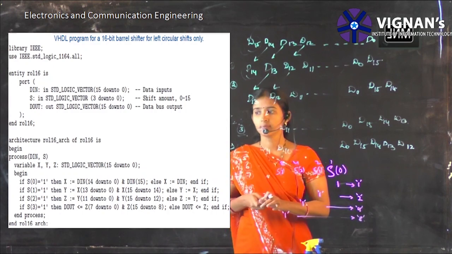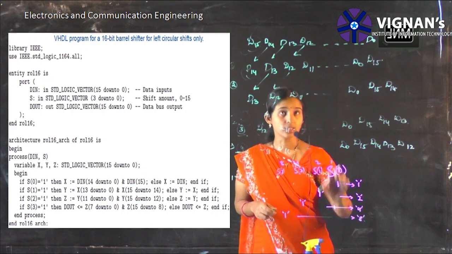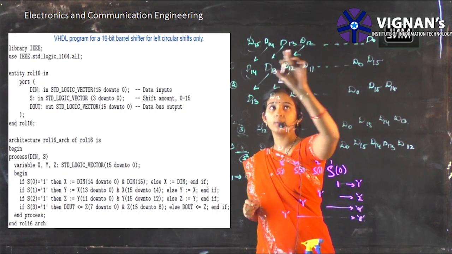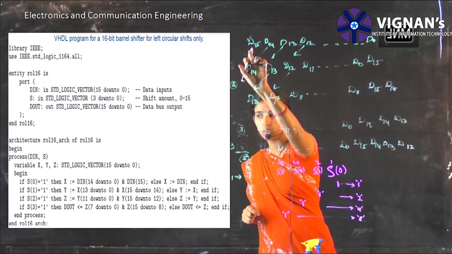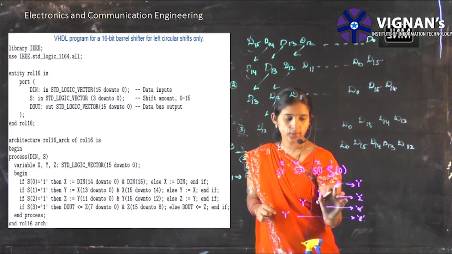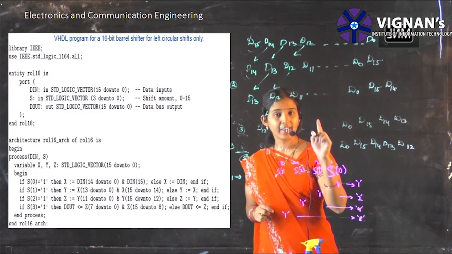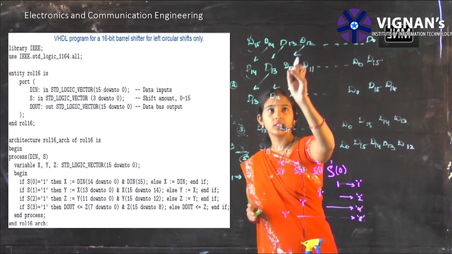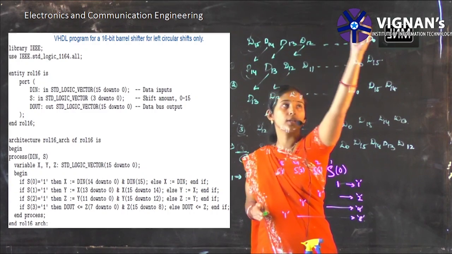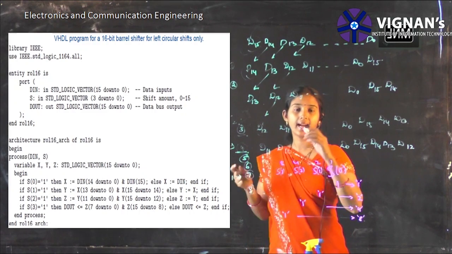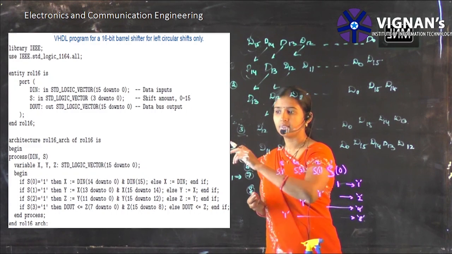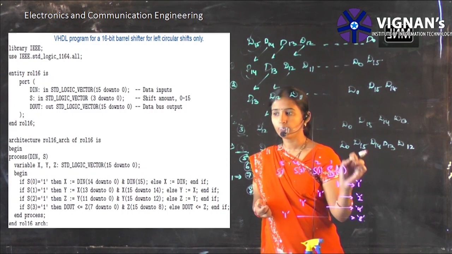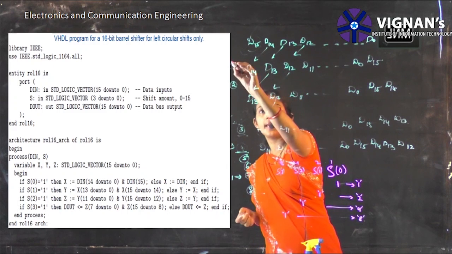Coming to that, see here, you have been taking 16 bits of data, D0 to D15. If selection line S0 is equivalent to 1, you should undergo only 1 circular left shift. That means D14 should come here, D13 and D12 and everything, and D15 should come here. That is called your concatenation operation. There you can see, if S0 is equivalent to 1, what is your X output? You will be having your X.